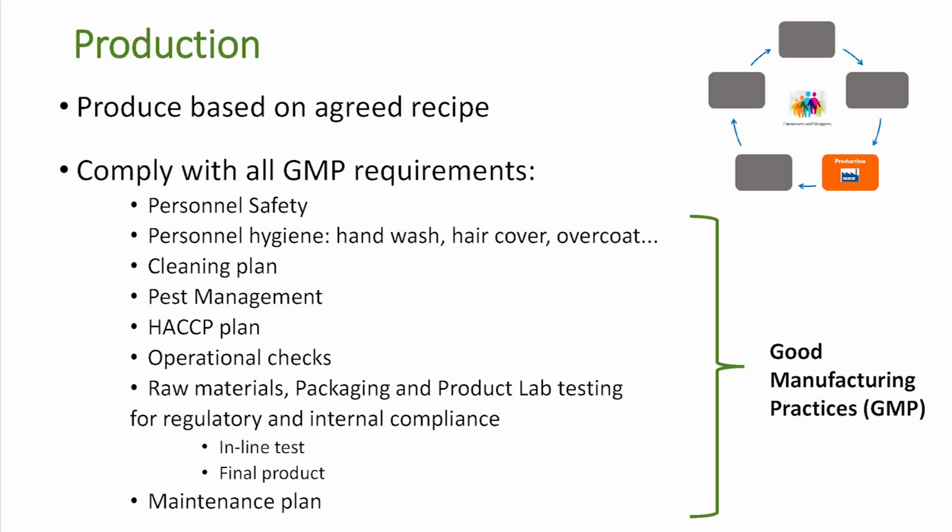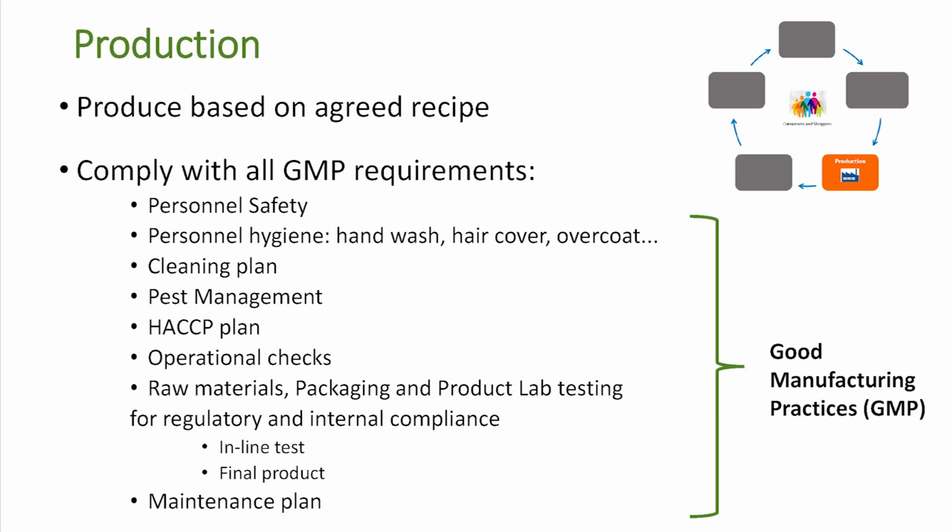Operational checks. What are operational checks? For example, temperature. When you want to make a biscuit, you need to make it at a certain temperature, otherwise you will not get the softness or the hardness that you want. So operational checks is whatever will help you to get the technical side of the product. Okay? That's the operational checks. Raw materials, packaging,